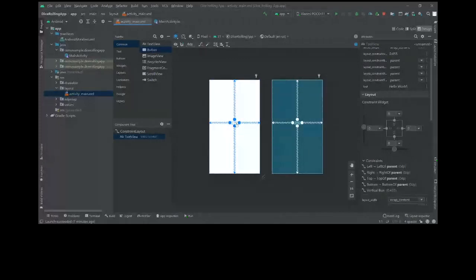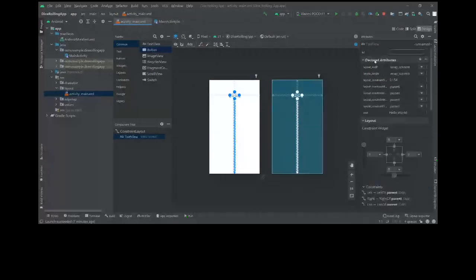So for now, let's just say that we want this to be our title. So we can just drag and move it to the top. And I want to change the text from hello world to something else. So on the right side, you can see the declared attributes tab. What this says is every attribute related to this view. So you can see layout width, layout height, layout constraints.